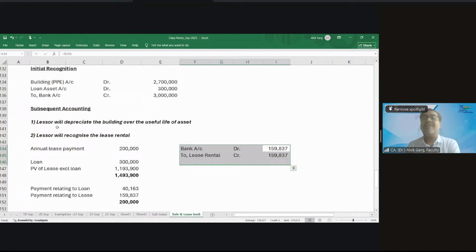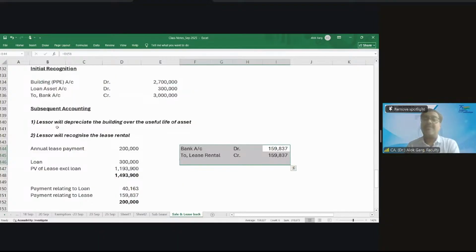We have covered the initial recognition and measurement of right of use asset and lease liability, subsequent measurement of right of use asset and lease liability, variable rents, right? We have also covered the lessor accounting. We have covered the operating lease accounting, finance lease accounting, then sublease accounting, then sale and leaseback accounting. So we covered a lot of concepts in the last 6 days, friends. Today is my last class.